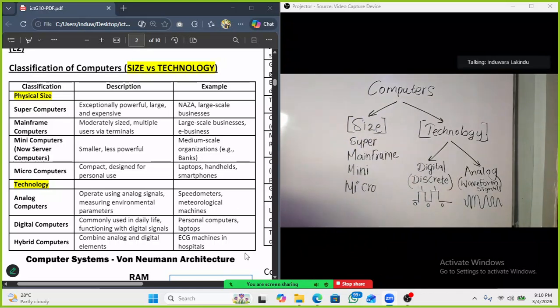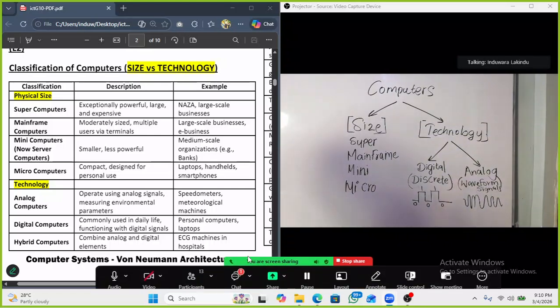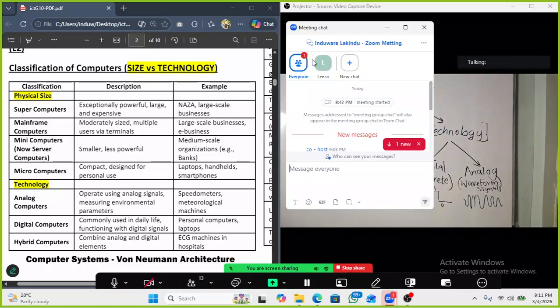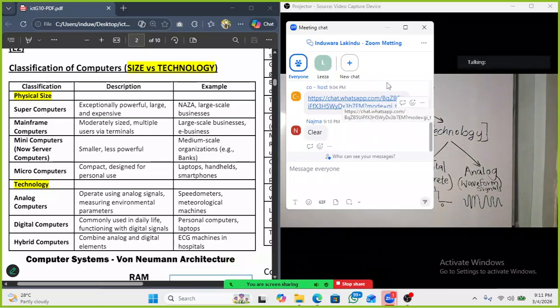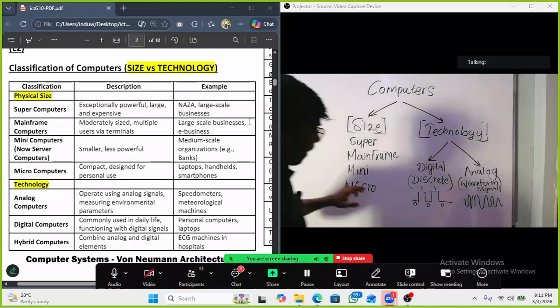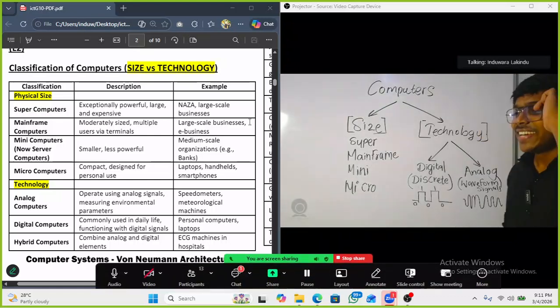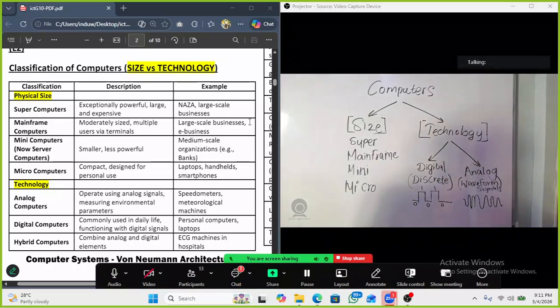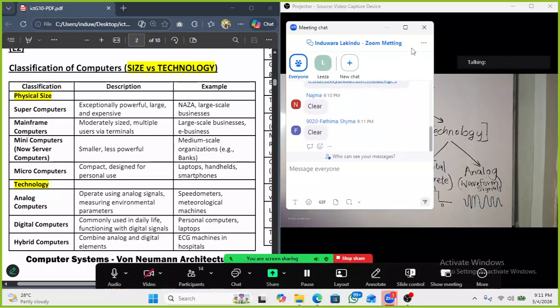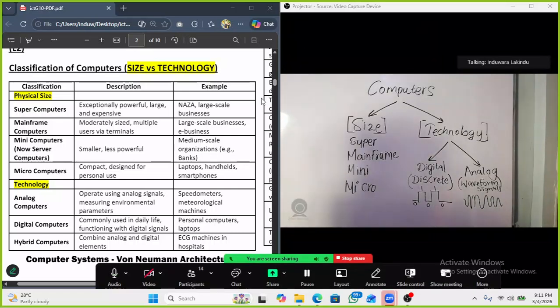Right. No doubts? Clear? Right. Clear. Okay. Najma, after a long time. Okay. Right. Clear. Okay. Fine. Right. Then